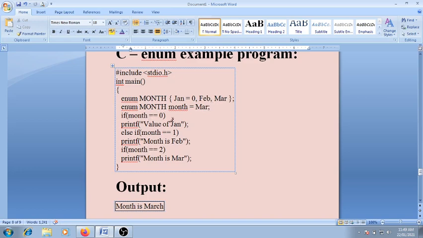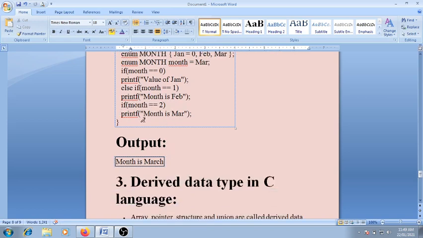So 2 equal to 0, no, so it goes to the else part. If 2 equal to 1, no, so it goes to the next part. If 2 equal to 2, yes, this condition is true, then it will print month is March. So this is the output of this program.